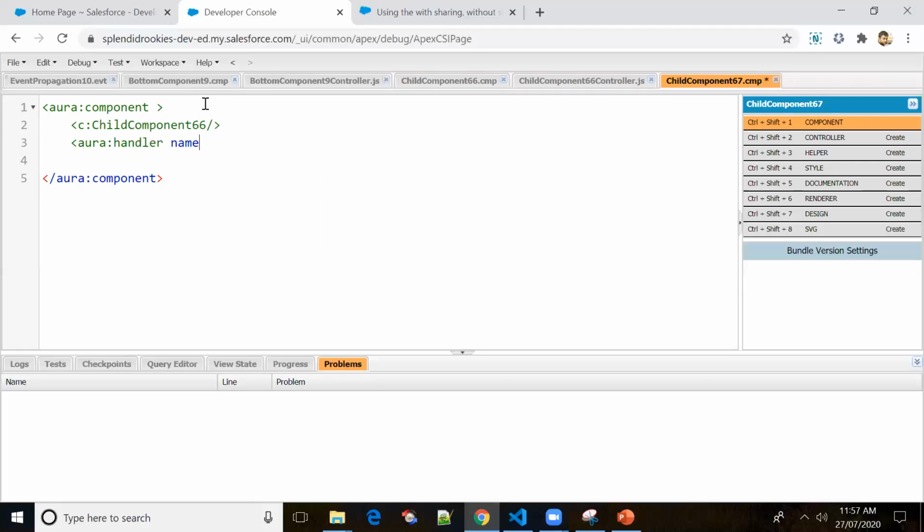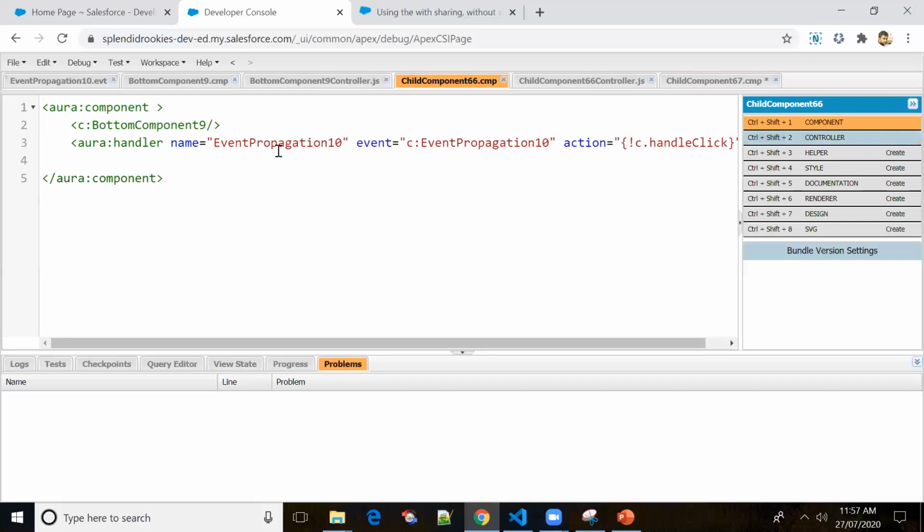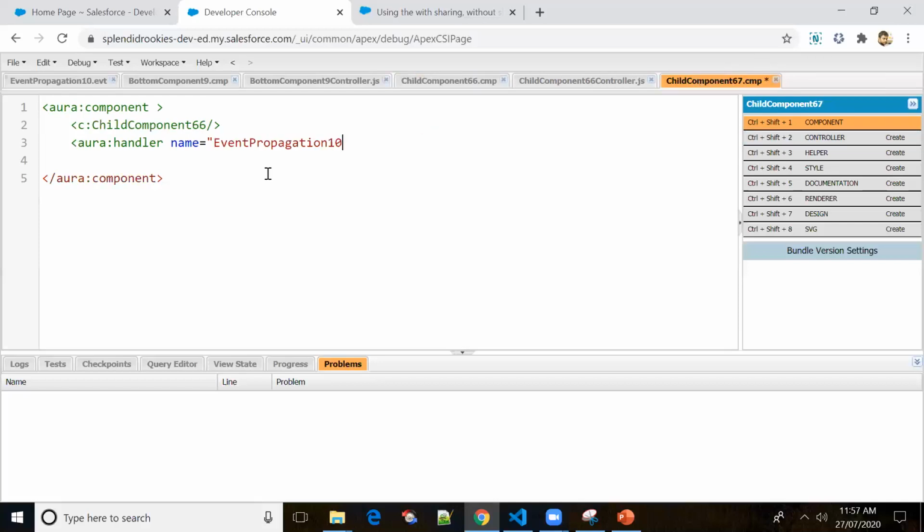And I'll be writing a handler, handler name equal to, so let me copy the event name. Okay, and the type is not required, event equal to c dot and action equal to handle click one.